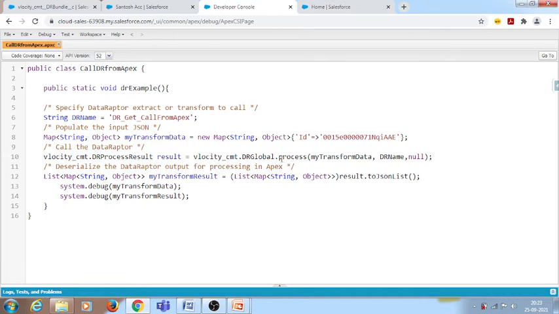So it's a static method, so I'm directly calling this. And if we want to specify this DR global method, we need to use the namespace. My org is cmt, so I'm using cmt as a namespace. Here the first parameter, we can use a list of maps or also a map. Here I am using only a map, which contains the id and the id of the account,